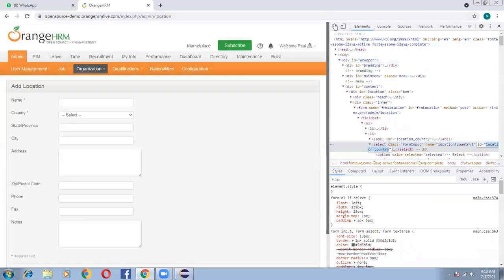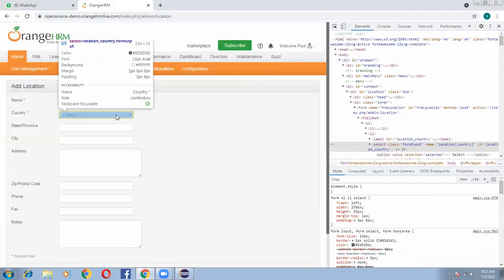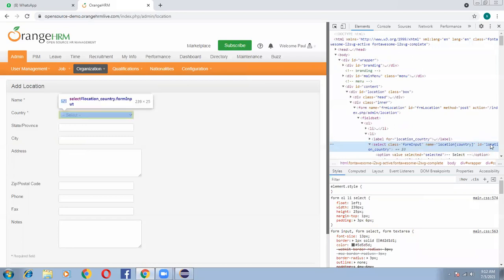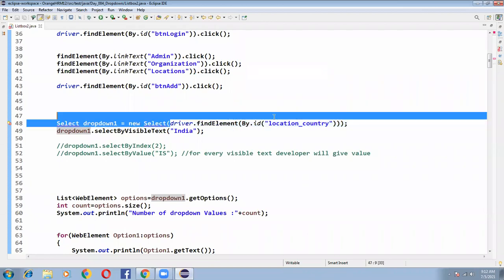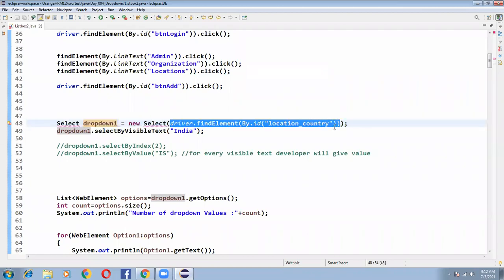If you click on inspect on this web element, the id has been given as location_country. So I'm writing: Select dropDown1 equals new Select of, and within these brackets I'm writing the locator, driver.findElement by id location_country, so that I can get all the drop down values.